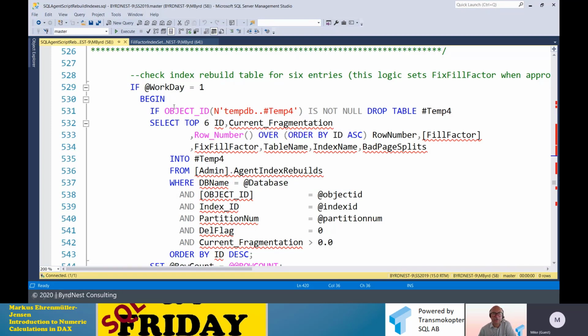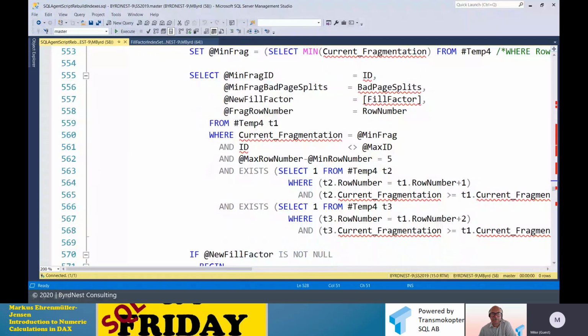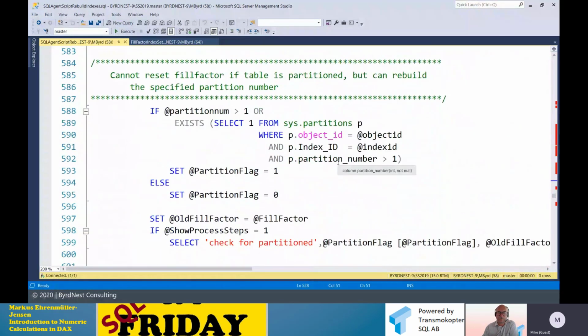And so this logic here, 6 entries, goes back and looks at the last 6 entries that are sitting there in the history table. And then I had to add logic because even though this particular database doesn't have any partitioned tables, and you'll see this in my wish list further down,